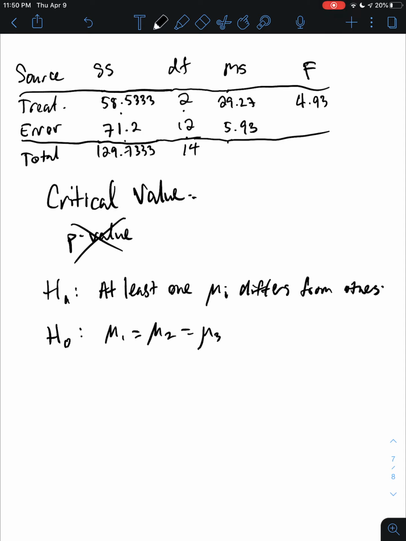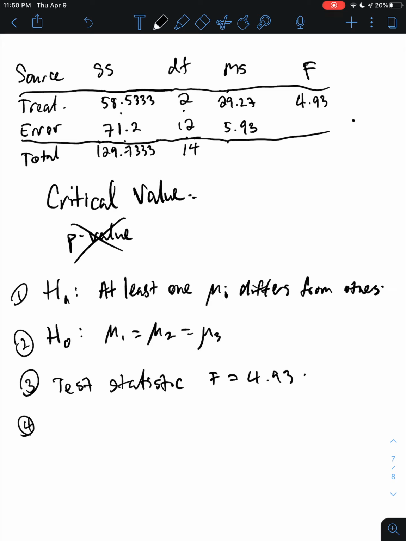We have calculated the test statistic. So that's step 1, step 2, step 3 is the test statistic. F is 4.93. So that was that whole ANOVA table. That was the whole point of the ANOVA table, was to calculate the test statistic. For the critical region,